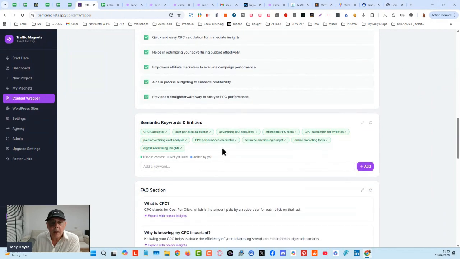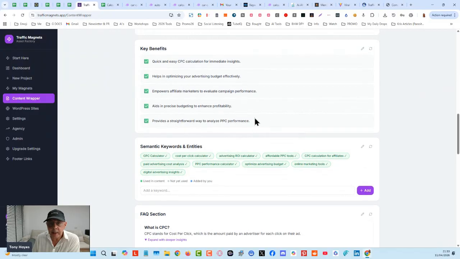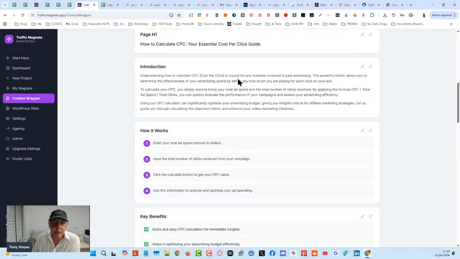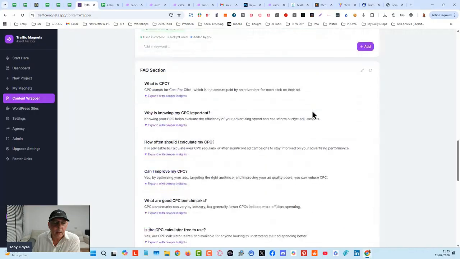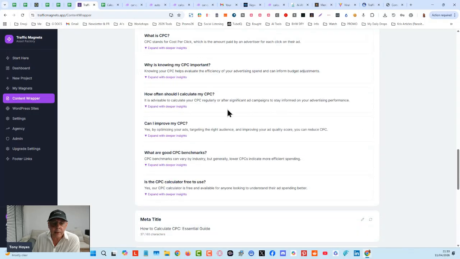Okay. All of the keywords that are identified in the blueprint in the step before, you can see they are all here and they're all green because they've been included in the content already. Okay, all of these keywords. Then we have an FAQ section. If we want to, we can expand on that so we can make it longer. That means we can get more content on the site.